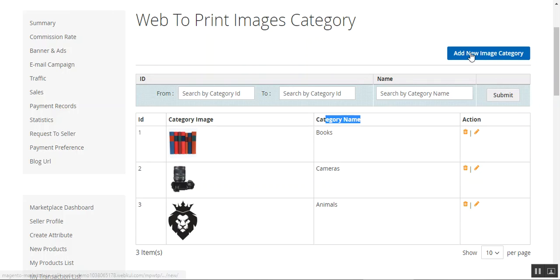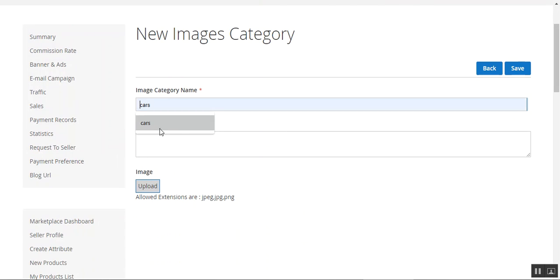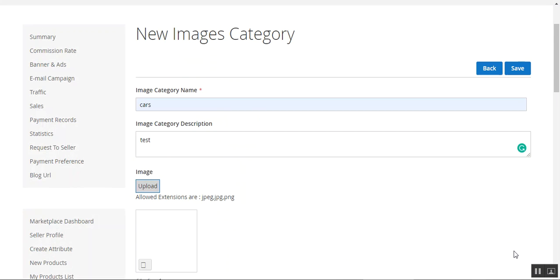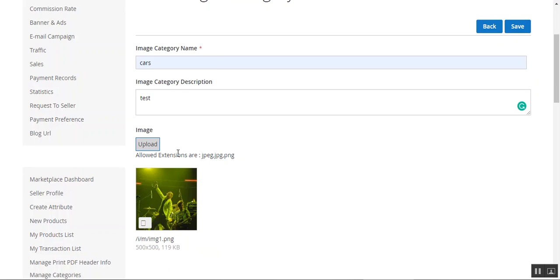So to add a new category, just tap here on the add new image category. Whatever images that you're going to add for your products, you can create the different types of categories for them. And here the vendor can add the image category name. For example, if we set it as cars, we can also set up the description for the same. So for now I'll just type in the test, and we can upload an image, so I'll just select one image and I'll tap on the open button, and that would be uploaded here. So we have set the category image name, the category description, and the image, and then you need to tap here on the save button,